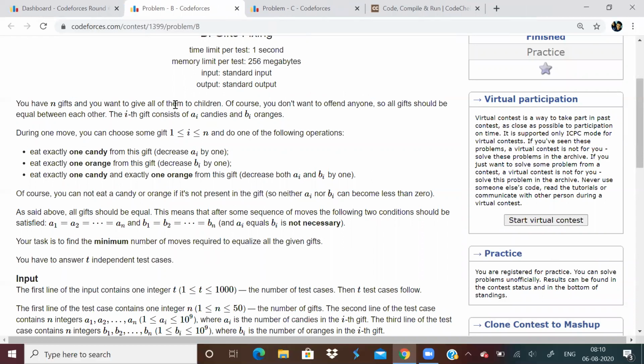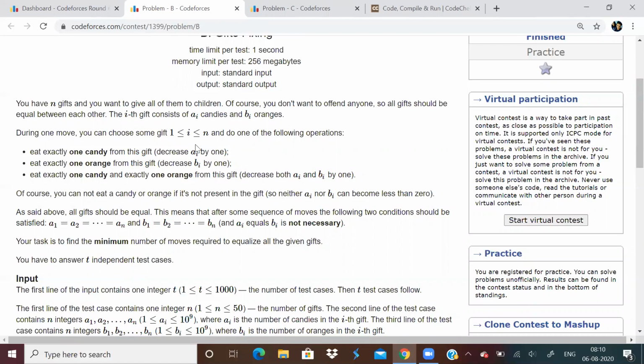You have n gifts and you want to give all of them to children. Of course, you don't want to offend anyone, so all gifts should be equal. The i-th gift has a_i candies and b_i oranges. We can do some operations. We have 3 operations: we can eat one candy, we can eat one orange, or we can eat one candy and one orange from a gift.